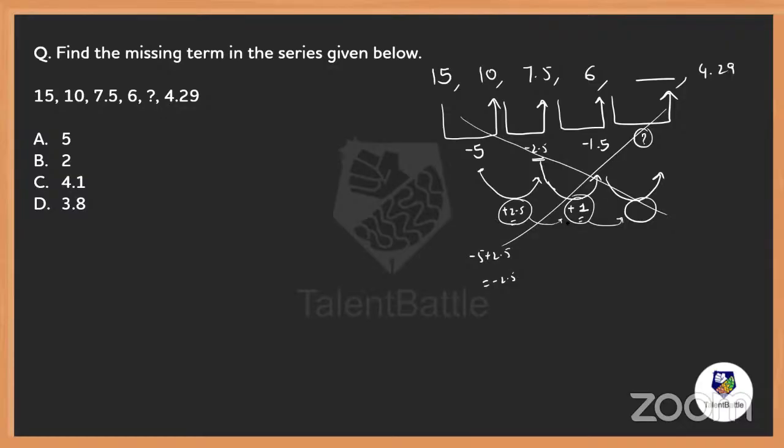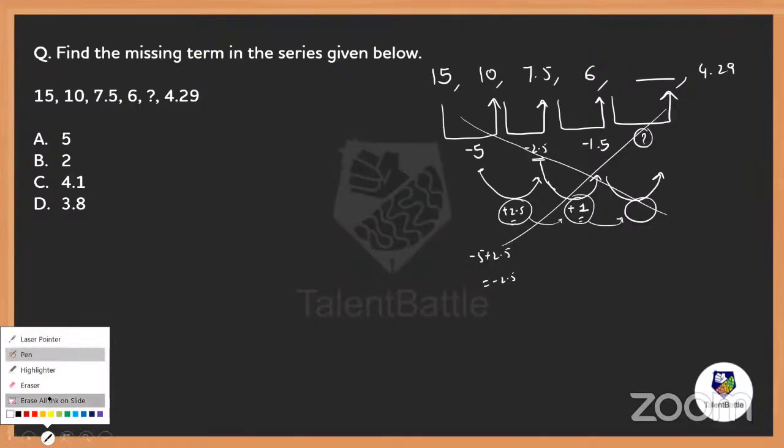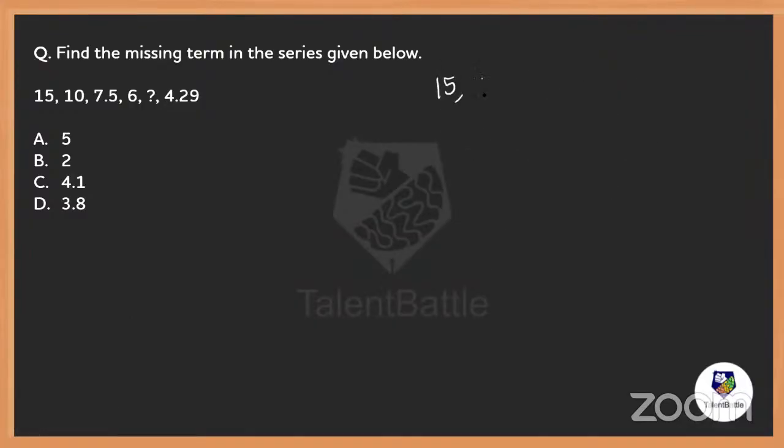What is this plus 2.5 and what is this plus 1? So there is no such particular link through all the numbers we have here. Then what would be the other logic? Any idea? How many of you went in that way, everybody? Whatever I have suggested as of now, whatever way I have discussed, how many of you went with the same method?